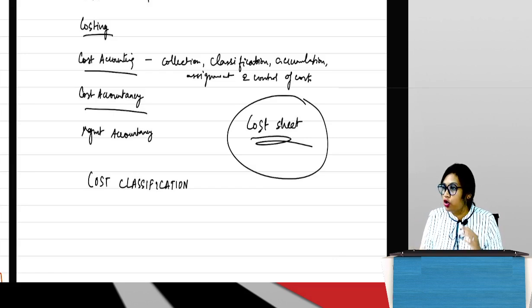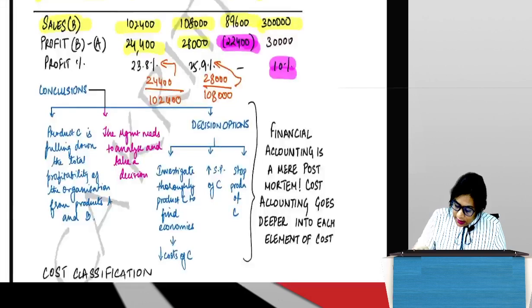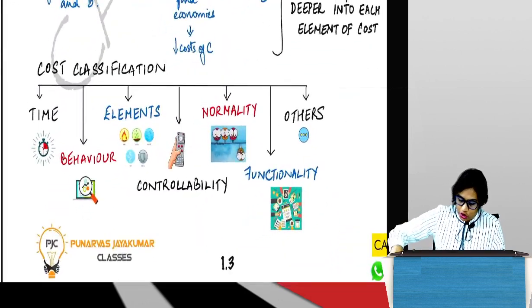So this chapter is going to aim first at understanding a lot of terminology. Second, to arrive at the cost sheet. Step by step, we will arrive at the cost sheet. And as and when this cost classification is getting over, you will be able to basically jot down the format of the cost sheet by yourself without remembering it. It will automatically come to you. Guys, is it okay? So, let's look at cost classification.